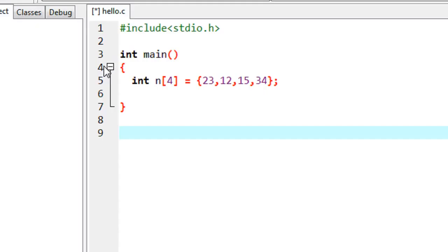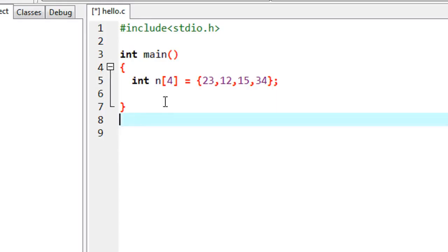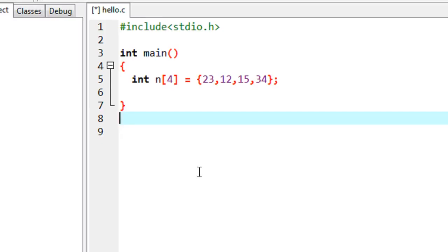So in the first case you have to pass the copy of each element to that function, and in the second case you have to pass the memory address or the memory location of each element in an array to that particular function. So in this program here I already declared and initialized an integer array containing 4 elements,